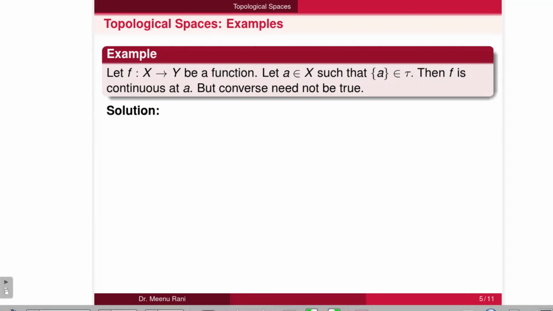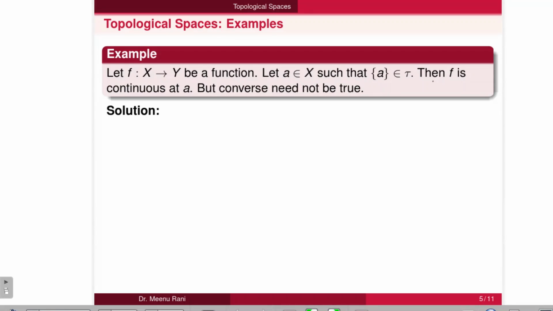Now in the next example we have, if f is a function from x to y and a is an element of x such that singleton a is a member of topology tau, it means singleton a is an open set in x, then f is continuous at point a, but the converse need not be true.